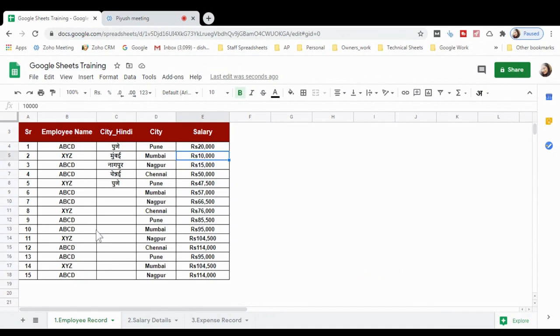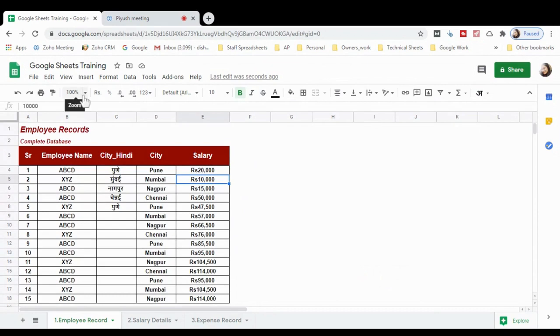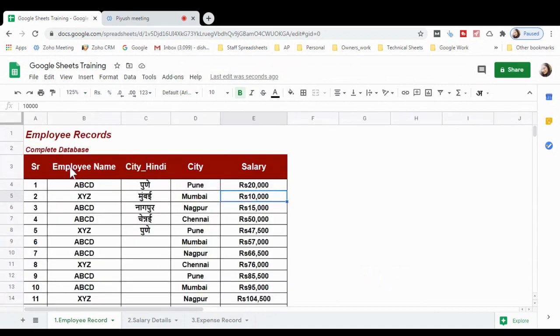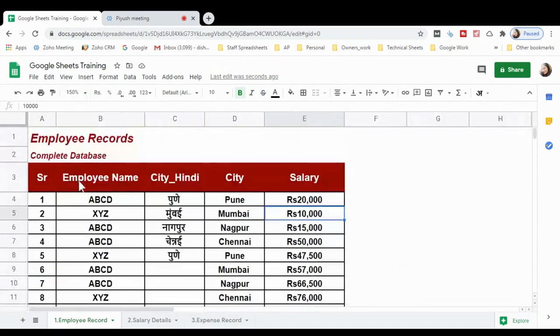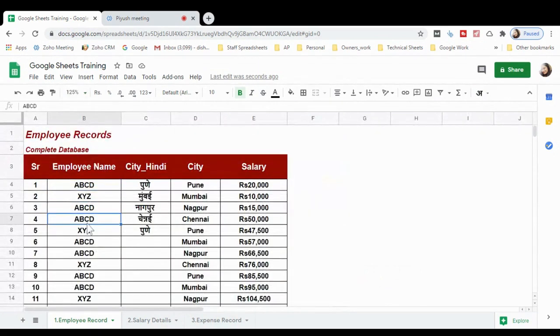Now, many of you may suffer a problem if you hate the spreadsheet and Excel sheet work because the particular things have not been zoomed in. To fix this, simply click here and zoom the sheet. You can find the zoomed records here and easily work. If you want this much font size, you can increase the font size and work here. This feature is very important if you want increased size.